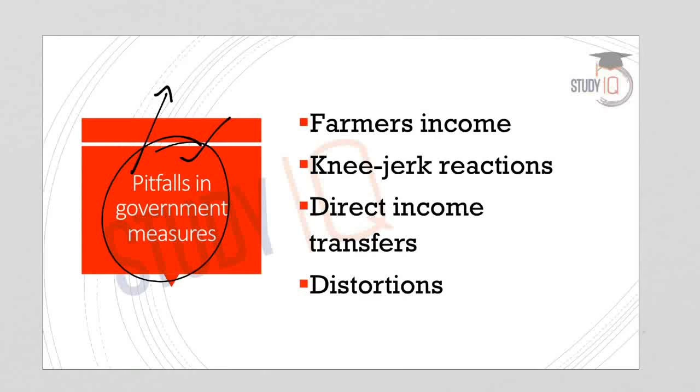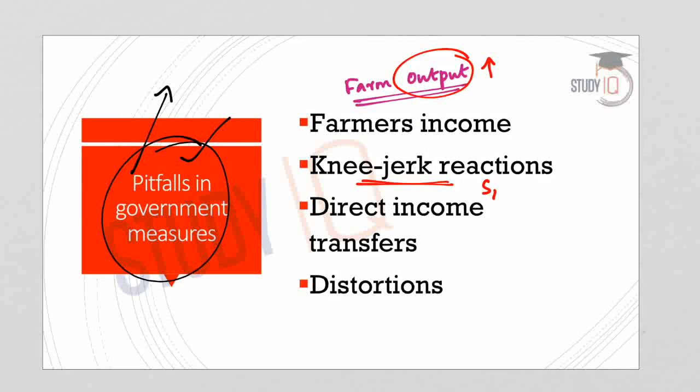From past experience, the recent past shows that there has been an increase in farm output. The government has initiated various programs and policies to increase farm output, but the evidence shows that even though there is an increase in farm output, farmers' income growth is not increasing. Even when there is an increase in farm output, this does not result in an increase in the income of the farmers. As we discussed earlier, various state governments as well as the union government have initiated measures that address short-term issues in agriculture, but they are not beneficial for the long term.